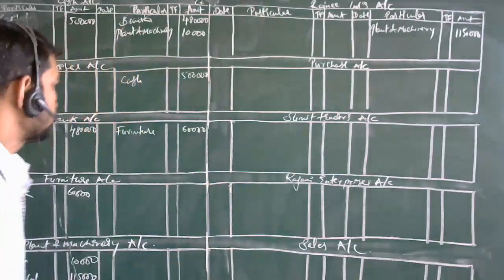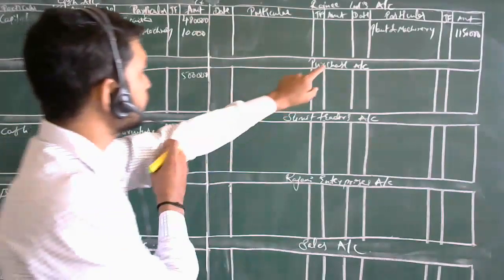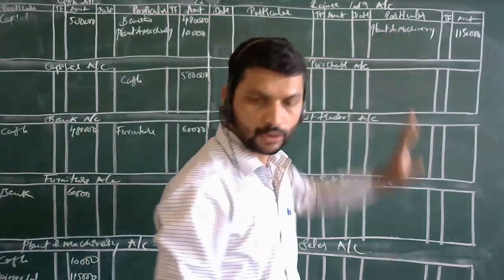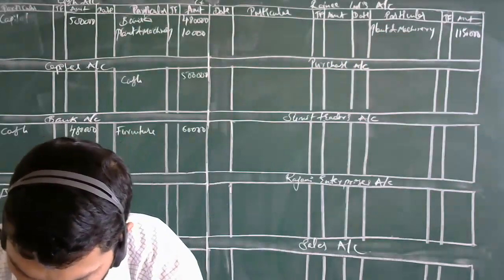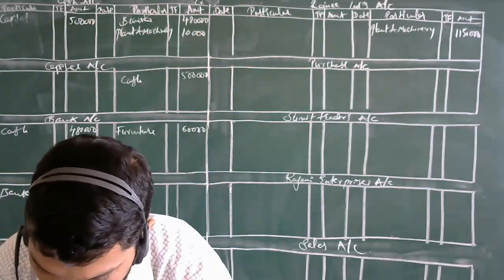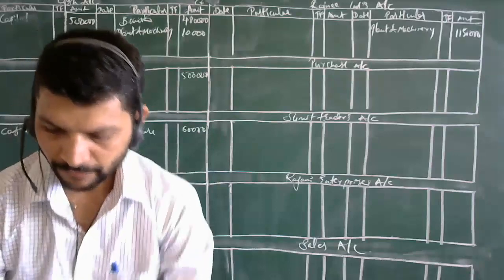So today, till here we got over Rajni Lal's account. That is the purchase of machinery, that is what we have seen over here. Till here we got over. What is the next entry over here? Goods costing. Sorry, next one more is there. Goods purchased from Mr. Sumit Traders, 55,000.